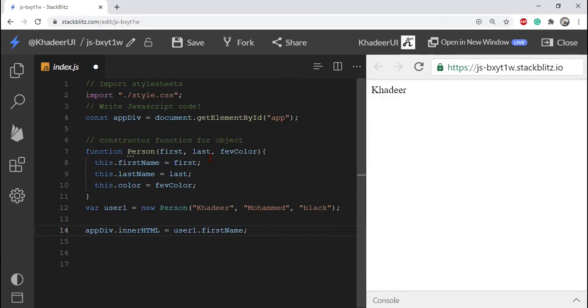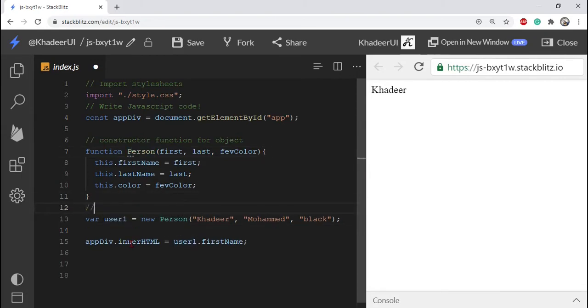Here is Khadir showing. This is a single object created by the constructor function. This is a person object.